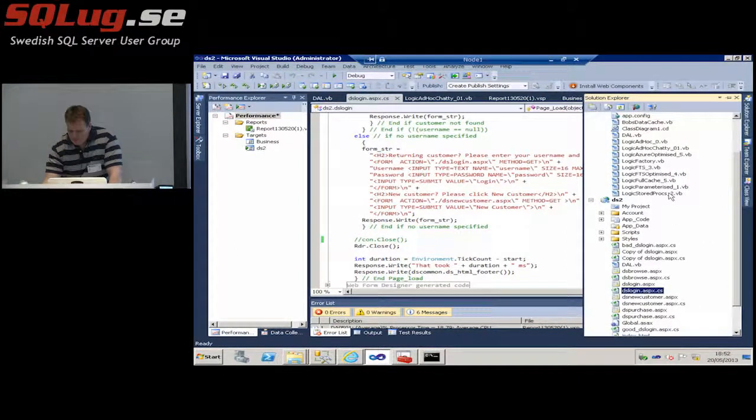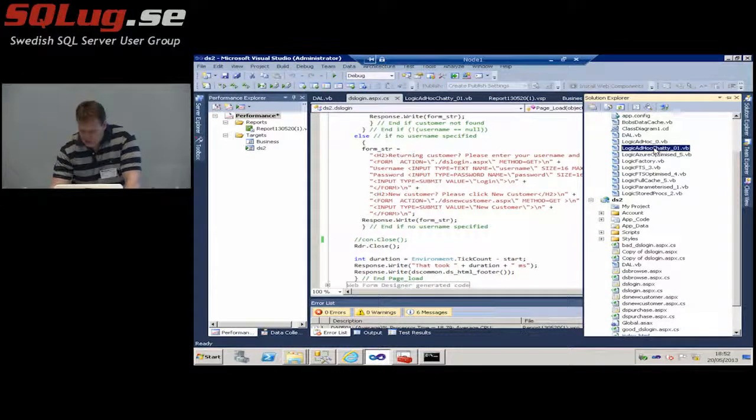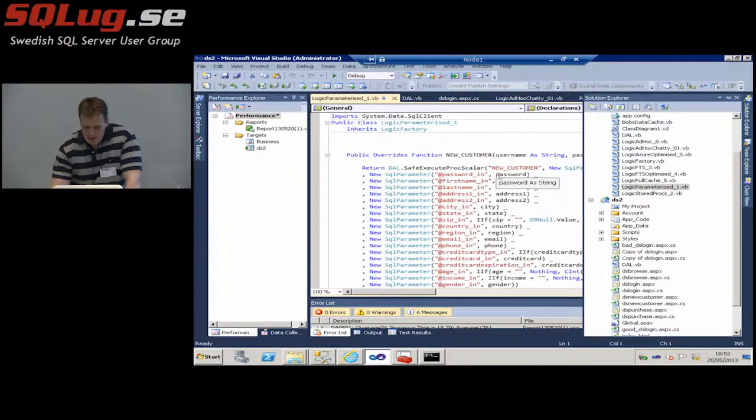What I've done is I've implemented different types of business layers. The one that we're currently using is called ad hoc chatty. So it's just firing ad hoc SQL, and it's very chatty, like there's lots and lots of ad hoc SQL. The one that I'm going to use now is parameterized. And the difference is, if you look at,